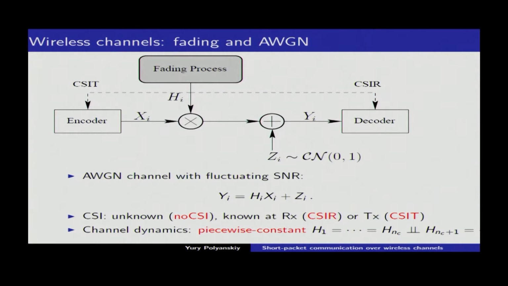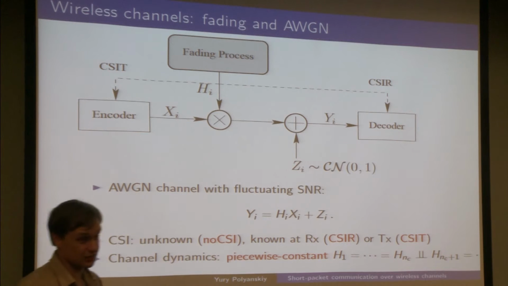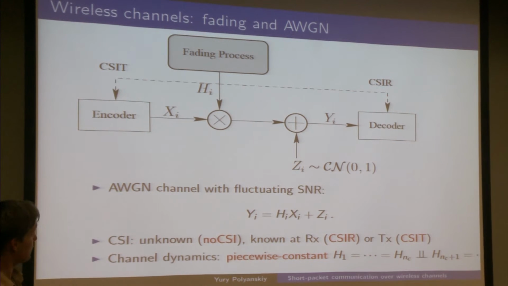In particular, there is already the question of who knows H, the instantaneous channel gain, the channel state. You can come up with 4 different cases: the transmitter, the receiver, nobody, or both. Some of them are a little bit more contrived than others. How can a transmitter know the channel gain? But maybe due to channel reciprocity, it can actually do that. Anyway, there are 4 cases to consider, but more importantly for my talk, the question is how do you model the channel dynamics?